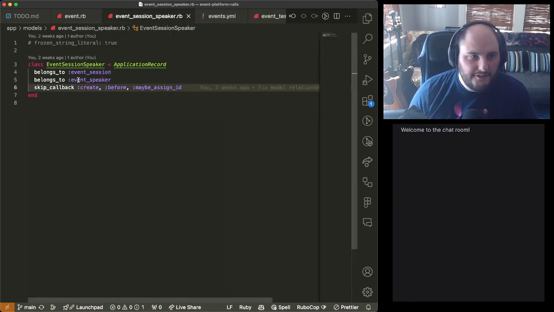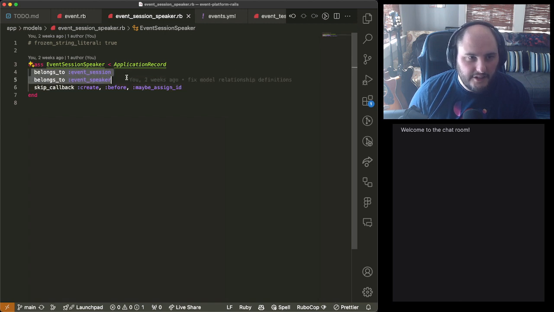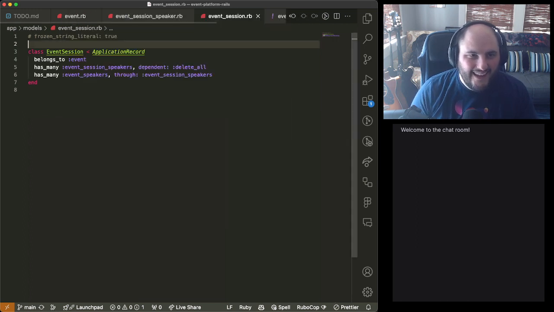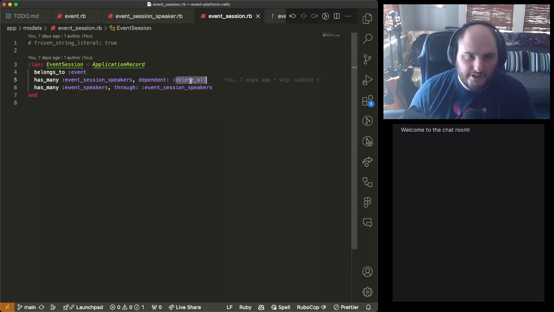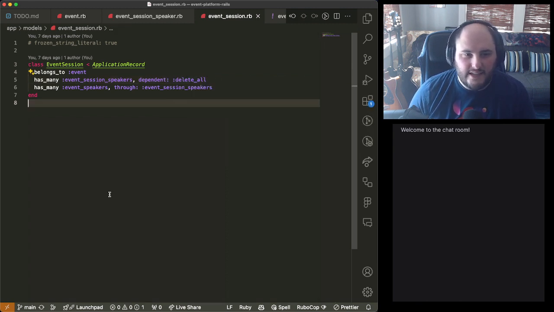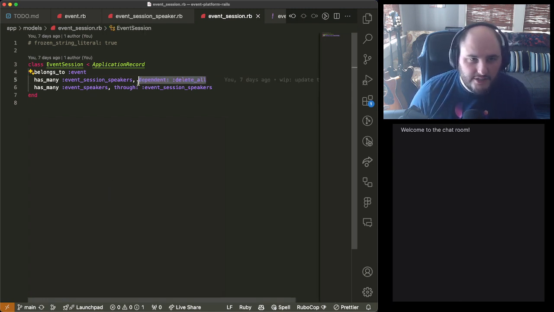And in here, you might remember I did these lovely belongs to relationships, but if you go up one more level into our session, I had this as a destroy relationship. And what we learned is when you do the destroy like this, it does ID-based destroys, which might not actually work in a case where you're doing cascading deletes. So you actually had to switch it to delete all. The only way it would have worked the other way is if I actually left the ID field on the event session speakers, but it doesn't make sense because it's a join table.